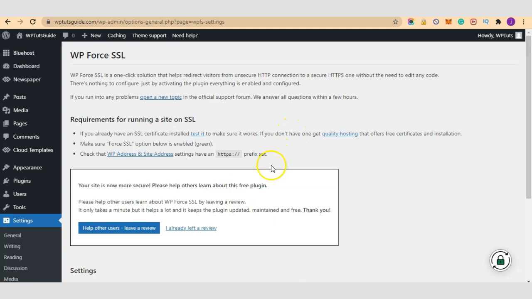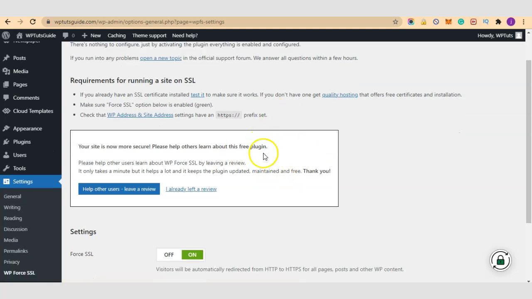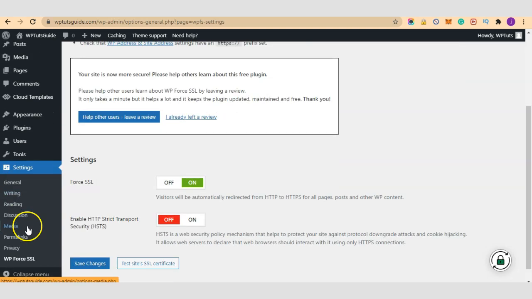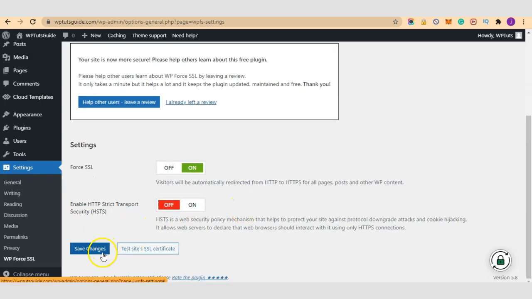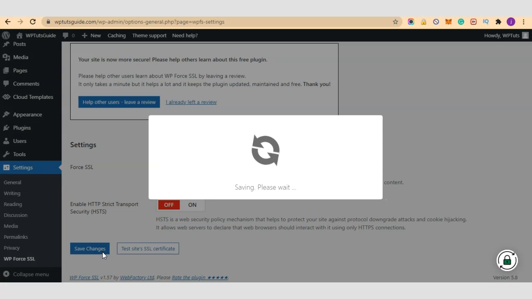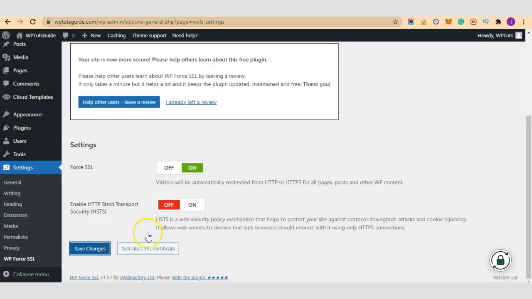Once our plugin has been activated successfully, we've been redirected to the settings page, and you can find the settings page on the left hand side of your admin dashboard. Come to the settings area, you will find WP Force SSL here. So Force SSL is on. We don't need to turn on strict transport security, so it's off here. And let's hit save changes. Once our changes have been saved successfully,